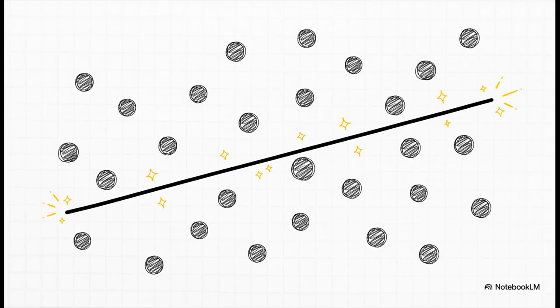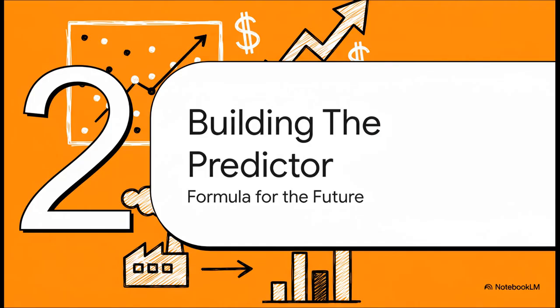And boom, this is where the magic happens. A technique called linear regression looks at all those scattered points and draws the one single straight line that best cuts through them all. This line, that is our pattern. That's the tool we're going to use to make our predictions. Okay, great. We've got a line. So now what? Well, in this next part, we're going to take this visual pattern and forge it into a simple, but an incredibly powerful formula that can actually predict the future.